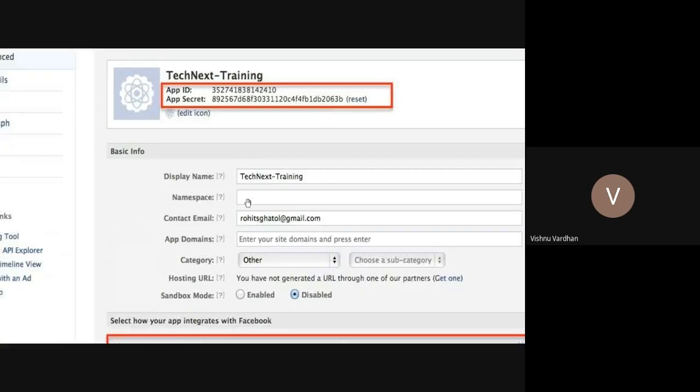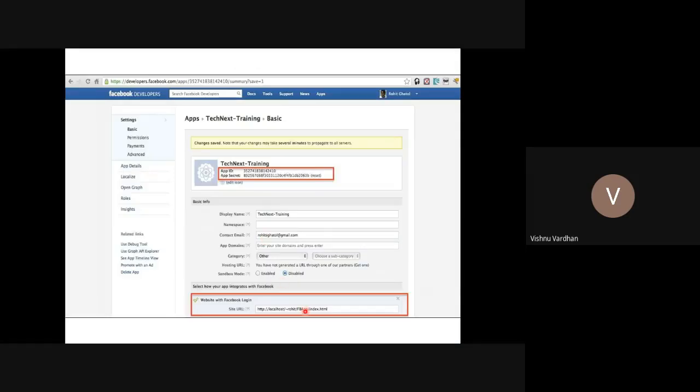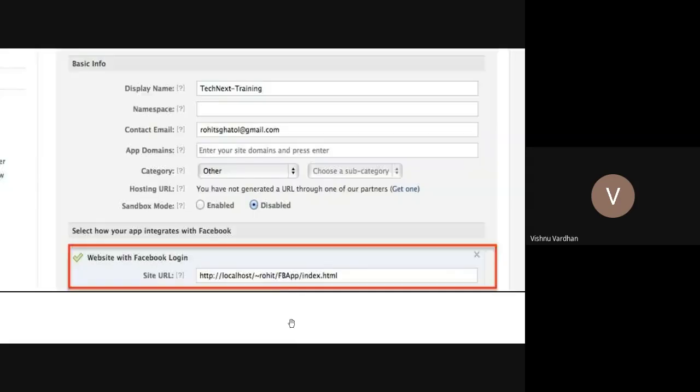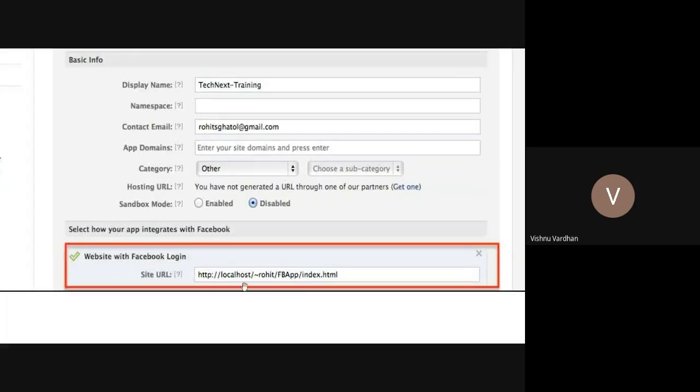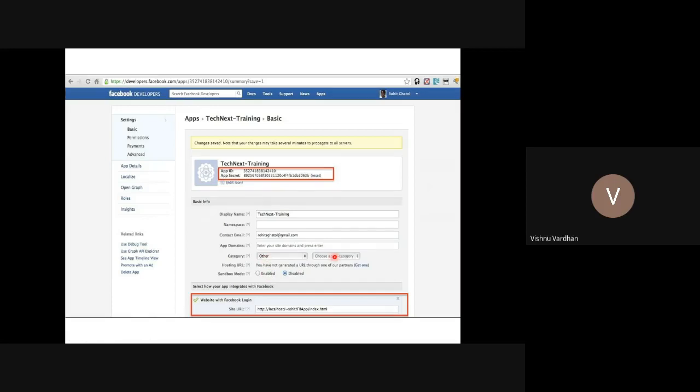Then you can configure with your own information along with this, and you are going to provide the login for your website. So you can use this domain name, and whenever any user clicks on the Facebook icon, it is going to redirect to this site URL. In that way, you are going to explain the things to facebook.com.